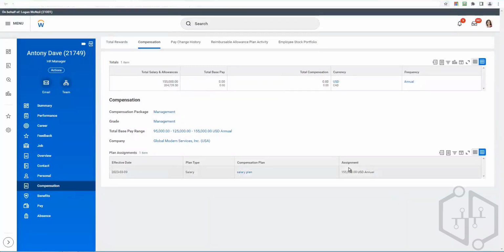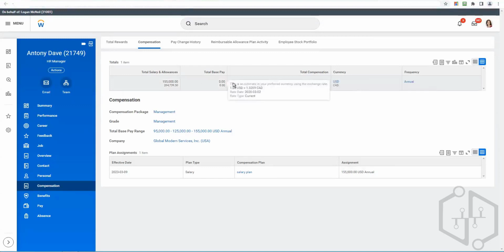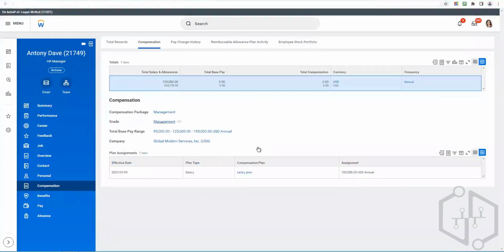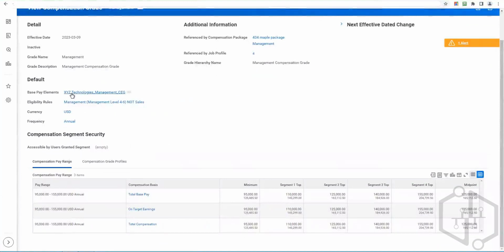Salary plan is 55,000. So I think one of the components is not working correctly because total base pay should not be 0. And what is the compensation grade? See, compensation grade is valid for